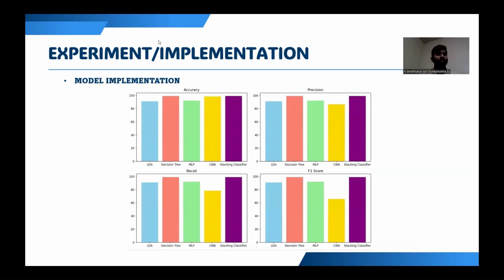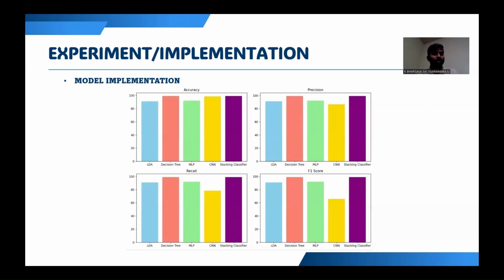Here we are visually representing the parameters for our algorithms, which are accuracy, precision, recall, and F1 score. Accuracy means out of all predictions we made, how many were true.